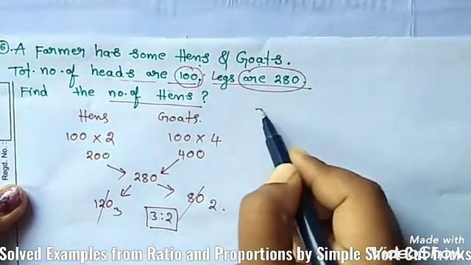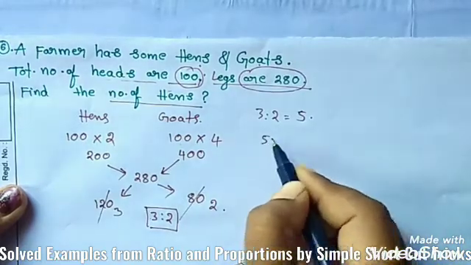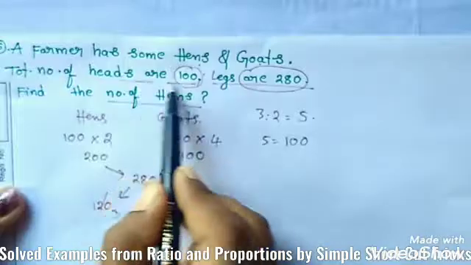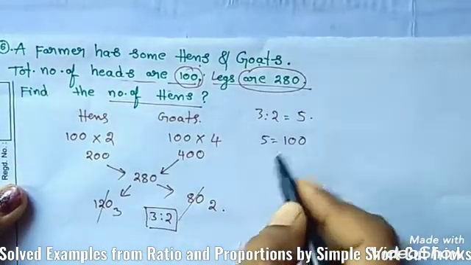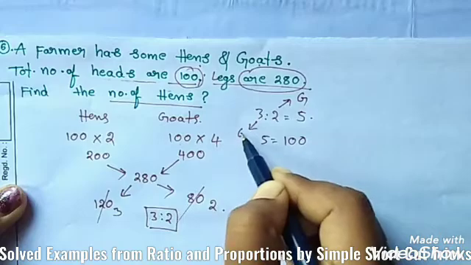Right, now 3 is to 2, this is the ratio. Total means 5. We have to equate this 5 to the total number of heads, 100. Now this is the ratio for hens and this is for goats. Now hens